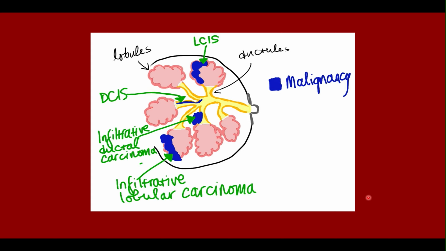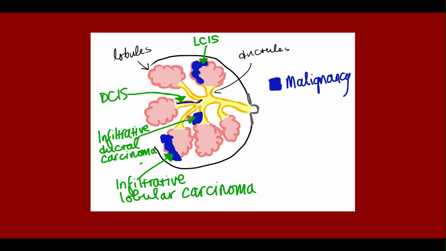This is a schematic of the breast. So the functional unit of the breast is the lobule, which makes the milk, secretes the milk, and then it comes down through the ducts and then ultimately through the nipples. You can have breast malignancy arising in two different places. It can be in the lobules or it can be in the ducts. If it arises in the lobules, it's called lobular carcinoma. If it arises in the ducts, it's called ductal carcinoma. If it's confined to the breast tissue, to the lobules or to the ducts, then it's considered in situ. So lobular carcinoma in situ or ductal carcinoma in situ.